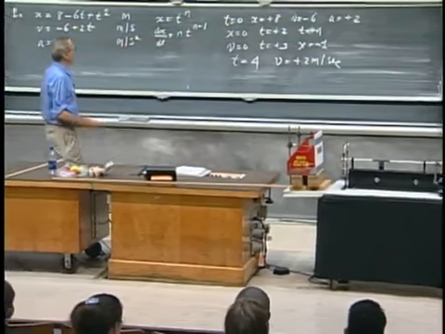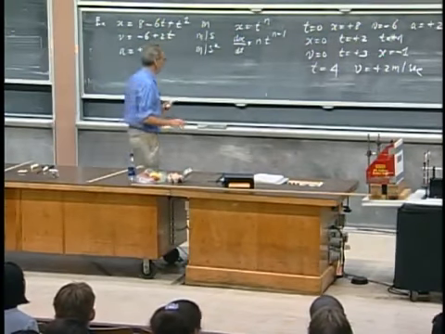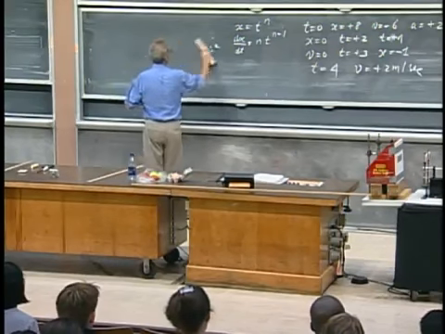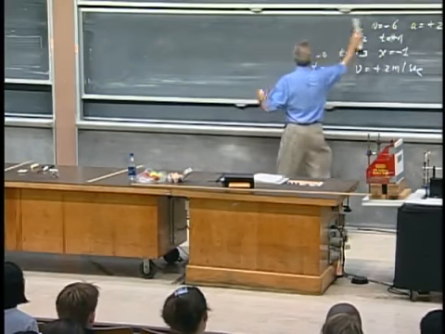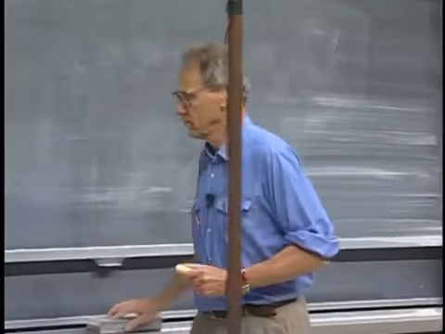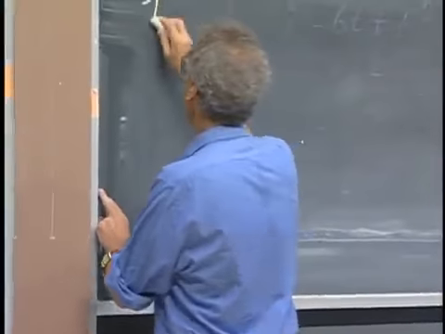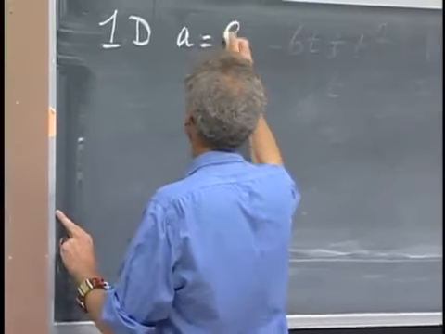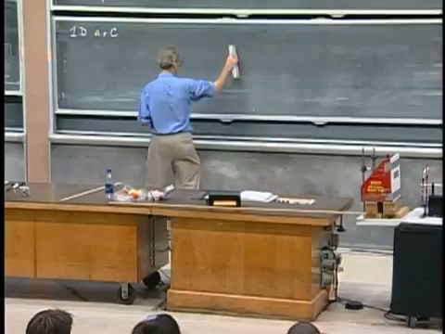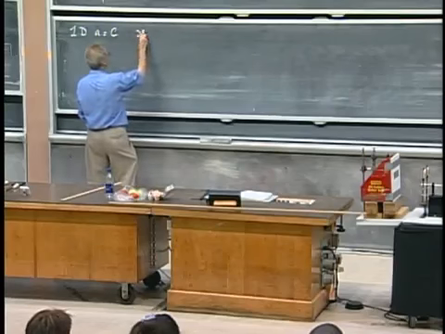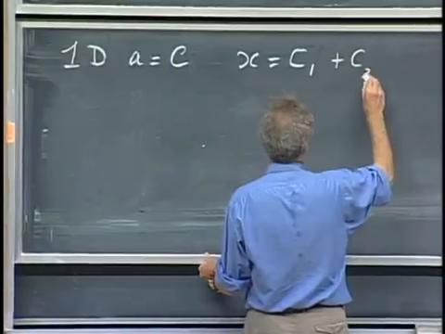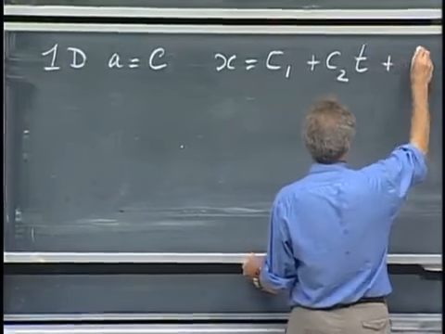I now would like to write down, in most general form, the equation for the position and the velocity as a function of time for a one-dimensional motion whereby the acceleration is constant. So it's going to be one-dimensional again, and a is going to be a constant. And so the equation that I write down is the most general way that I can write it down. So we're going to get x equals some number c1 plus some c2 times t plus some c3